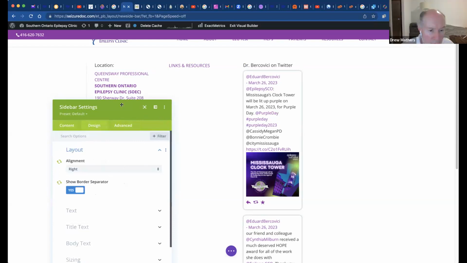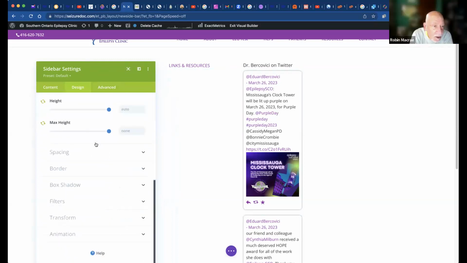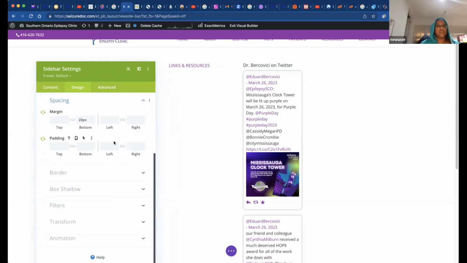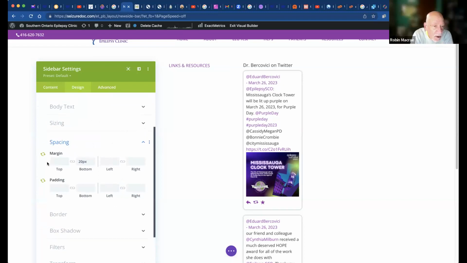I noticed there was also scroll effects. Let's try sizing first. At the bottom, I think that's a standard 20 pixels, but at the top it shows nothing. What if you tried 0 pixels?